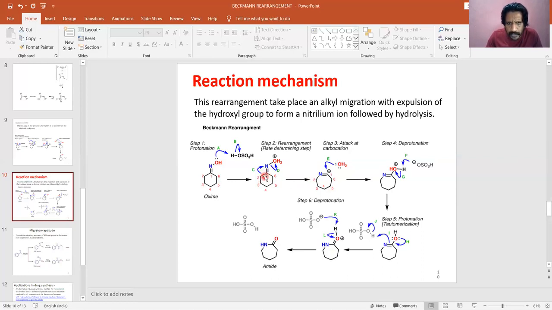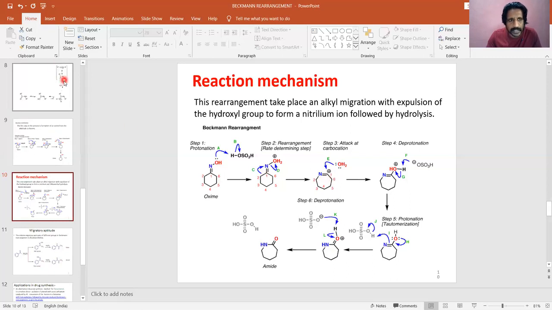When this bond is broken, the carbon at the second position attacks the nitrogen by using the pair of electrons of the first and second carbon. So when this bond is broken and the second carbon attacks the nitrogen, out of these two electrons, one electron is of the first carbon and one of the second carbon. Both electrons are used by the second carbon. So now carbon 1 will have a plus charge.